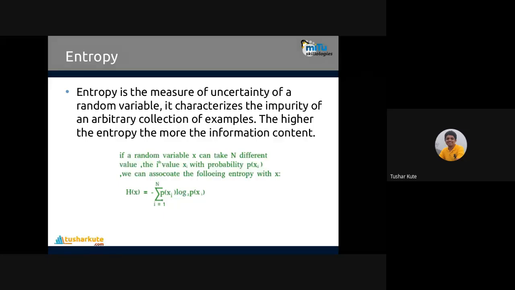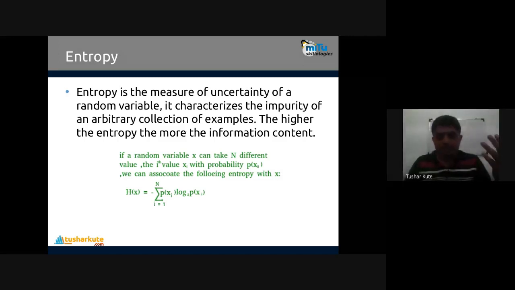Gini index is the error present in the data, so it should be as low as possible. And entropy is the amount of information present in the data. Entropy is the amount of information, that's called the information gain. Entropy is used to calculate information gain, and with the help of that, the next point is chosen. How it is chosen, on what basis, the maths behind it, we'll also see. But we'll take a short break of 3 minutes, and after that we will continue with analyzing a tree, how the tree is actually created, on what basis, and how the splits are made.